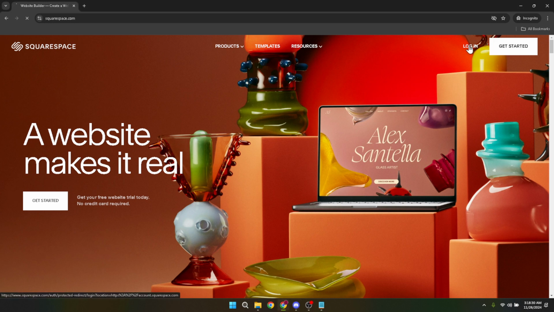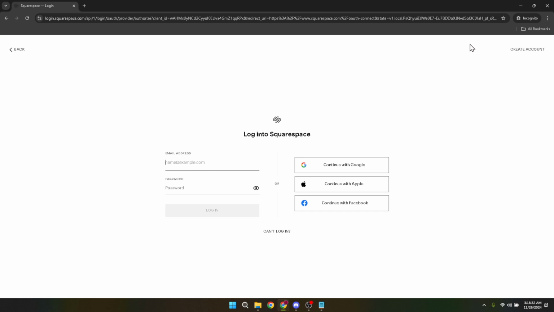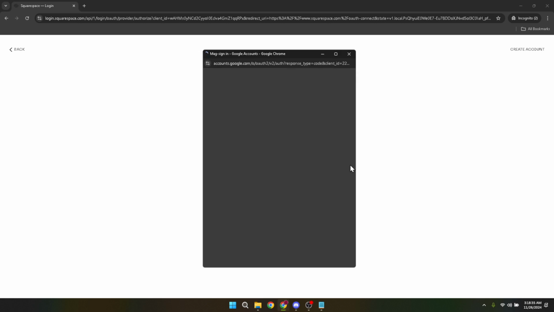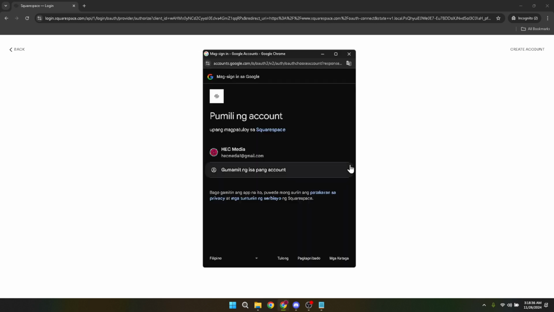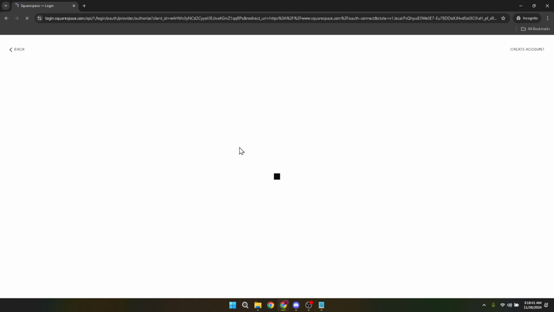For those of you with a Google account, Squarespace offers a convenient Continue with Google option which simplifies the login process. Click on this, then select your Google account from the list presented to ensure a secure login. Without the need to remember an additional password, after you've successfully logged in, you'll be taken to a dashboard where all your Squarespace sites are listed. Click on the website for which you need to create an invoice. This action will redirect you to the back end of your selected site.